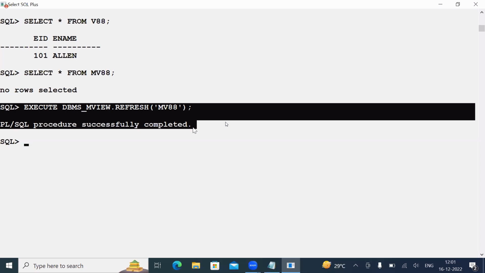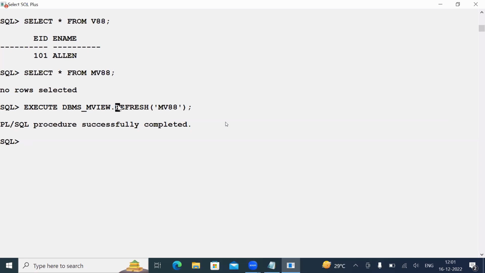Okay? Right. It's a PL/SQL command. So I'm using this PL/SQL command to execute it. Now, after refreshing my materialized view, then you can call